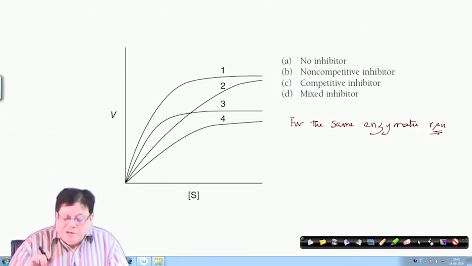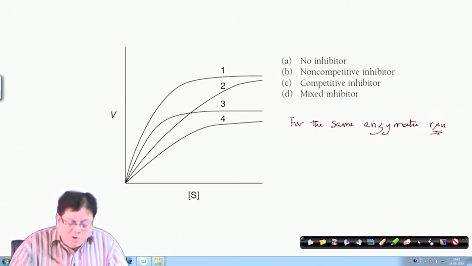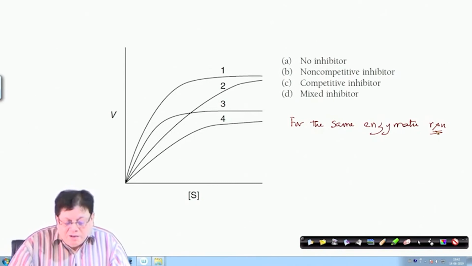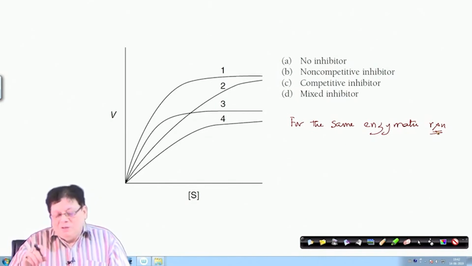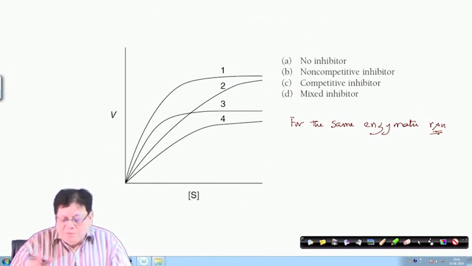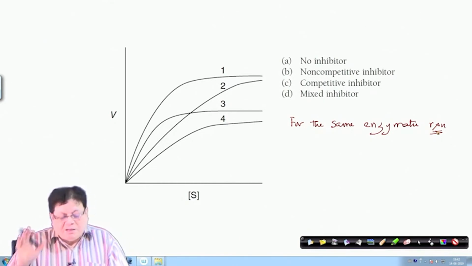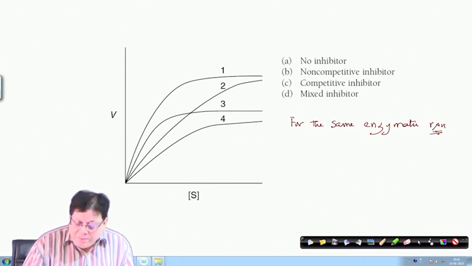Then another experiment was done using a competitive inhibitor, and you have the corresponding kinetic graph, and the fourth one is a mixed inhibitor. So, all these 4 conditions are given: no inhibitor, first non-competitive inhibitor, then competitive, and the fourth one is mixed inhibitor. Okay. So, let us see first of all,